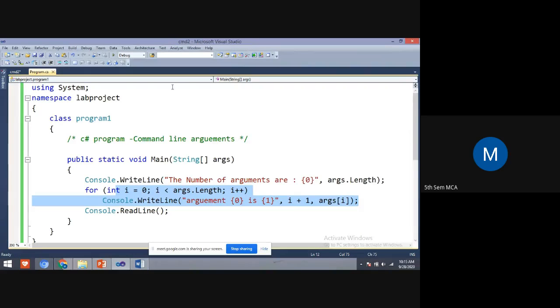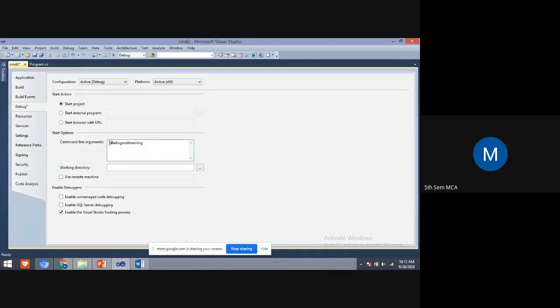So the meaning is, in the command line argument, whatever value you give, till it encounters a blank space, that will be assumed as the first argument. Once it encounters a blank space, and after the blank space, if nothing is there, then it will terminate there itself. If it finds a next character, then it will take that as a second argument. But these arguments you have to give in a single line, students.